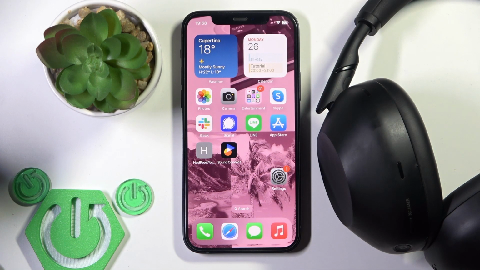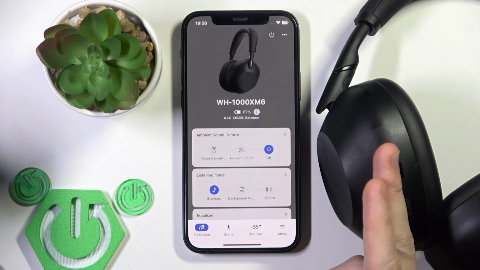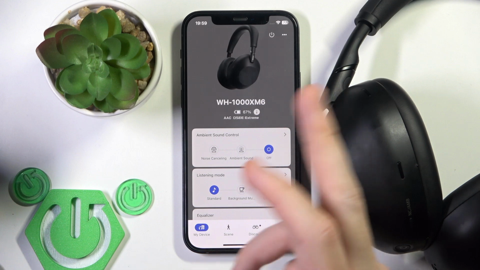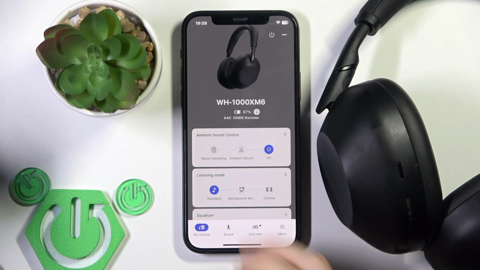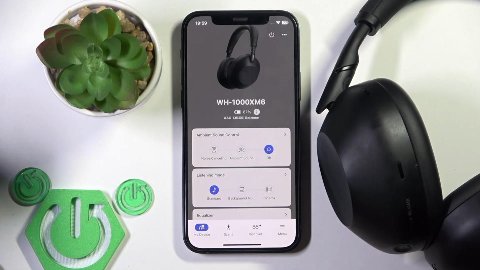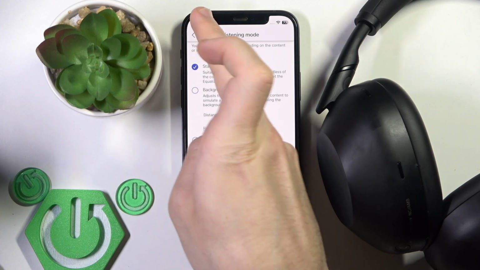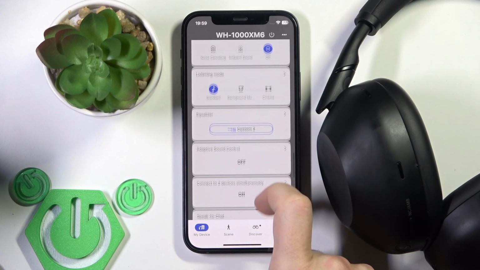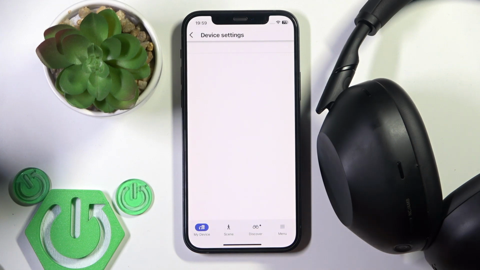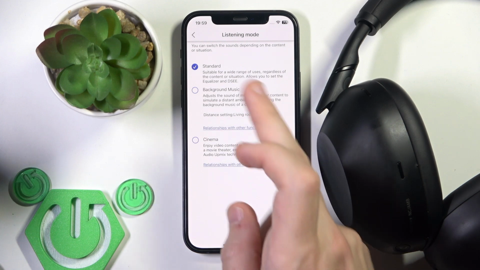You have to start by opening the Sony SoundConnect application, and if you add your headphones to the application, you will see the same menu as I am. Now, at the second line we have listening mode. So we can change it right here. Also you can tap on it and change it right here in this menu, or you can scroll down, go to device settings, and right here we also have listening mode, so you just tap on it and you will see